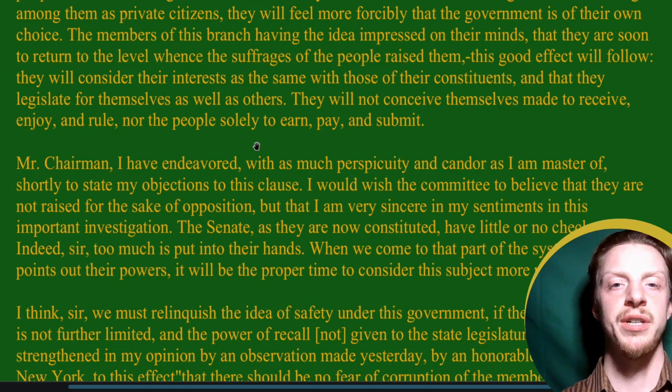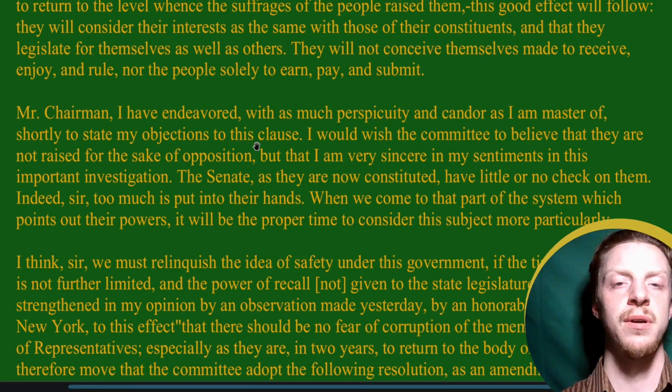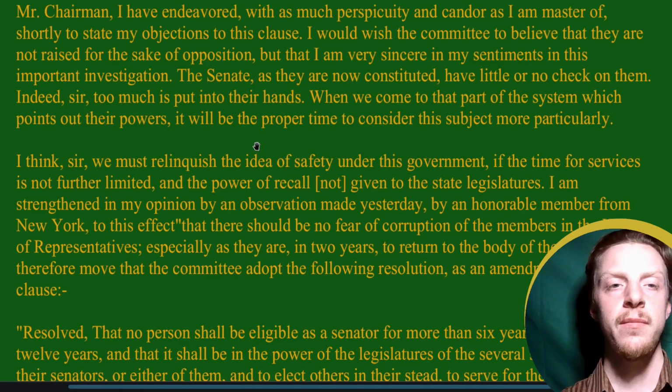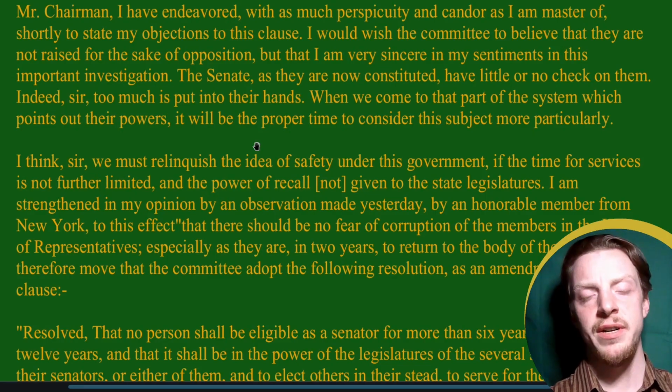The members of this branch having the idea impressed on their minds that they are soon to return to the level whence the suffrages of the people raised them, this good effect will follow. They will consider their interests as the same with those of their constituents, and that they legislate for themselves as well as others. They will not conceive themselves made to receive, enjoy, and rule, nor the people solely to earn, pay, and submit. Mr. Chairman, I have endeavored with as much